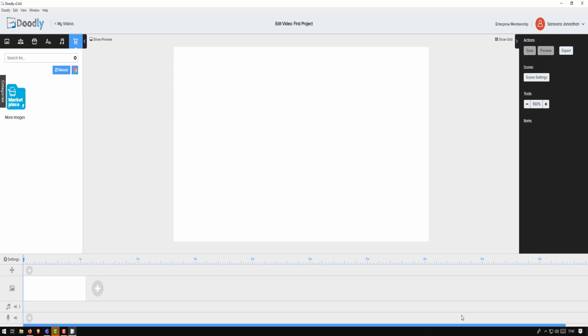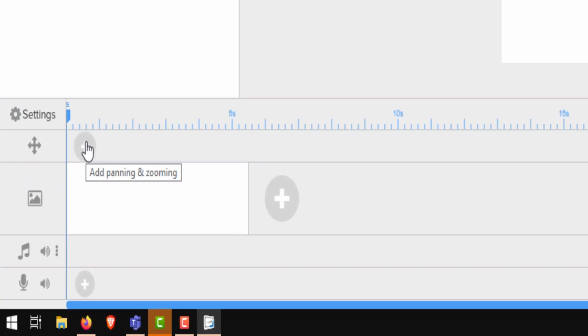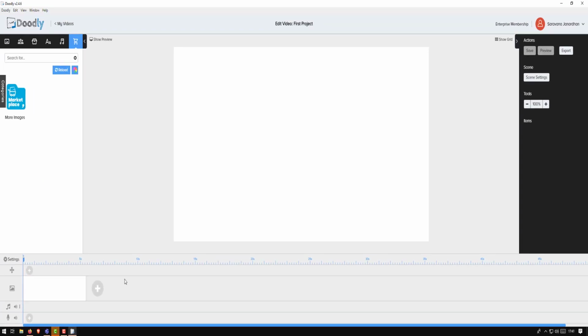At the bottom we have the timeline. This is where your scenes are put one after the other in a series. The timeline is made up of the zoom and panning, so any zoom or panning that you want within your video appears here. The next one is the scenes. This is where you create your video scenes. I personally recommend having multiple scenes, so it's less cluttered and keeps it simple.